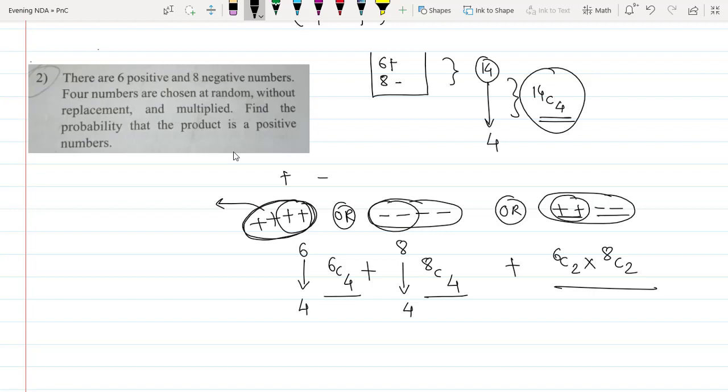So I request everyone, please solve the miscellaneous exercises. अभी देखो अभी कैसा हो रहा है. Now I will tell you. From today onwards, definitely we'll be starting the next topic. Now it is up to you that you have solved the permutation, combination, probability. How many questions you have solved, I really don't know. If you are solving in parallel to me, in parallel to the class, that is appreciable. अब नहीं तो कैसा होता है, अभी सर मैं परम्यूटेशन करूँ या प्रोबेबिलिटी करूँ या अभी आप जो बाइनोमियल सिखा रहे हो वो करूँ. So that's why I told you from day one you have to be very sincere.